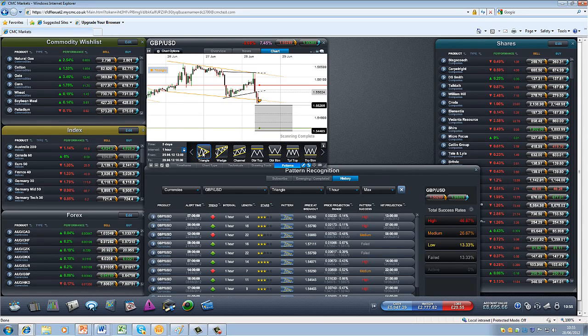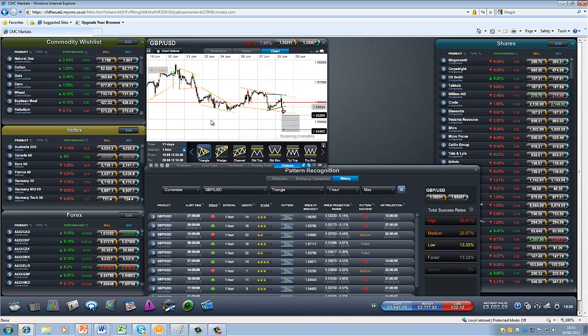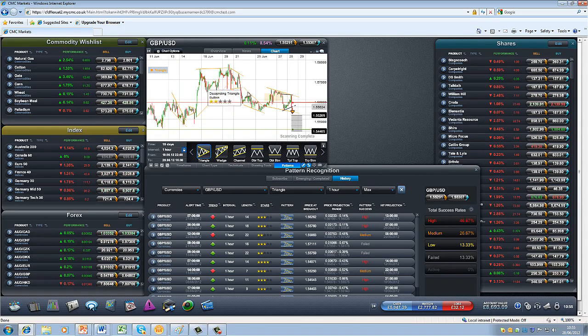So we can actually go ahead and add other triangle formations onto here, other wedge formations, whatever you want at the end of the day. And you can scroll back and see that a little more clearly, and you can see how many of these price projection boxes have resulted in successful trades there before. Obviously you've got things here within the history section, which is very, very useful,